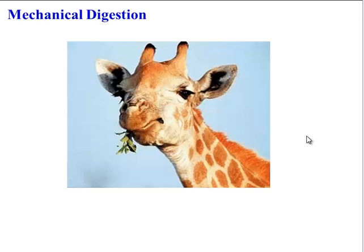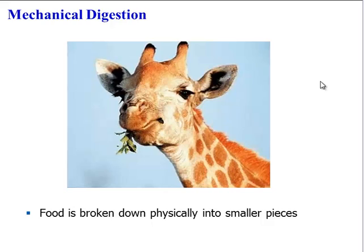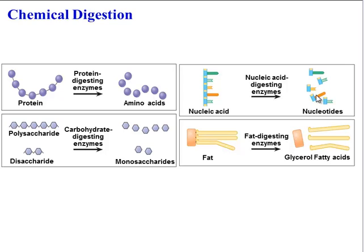Now, this process happens in a few different stages. One stage is mechanical digestion. This is just the process of breaking food down physically into smaller pieces. That's followed by chemical digestion. During chemical digestion, the food is already quite small, but what happens is that the polymers are chemically broken down